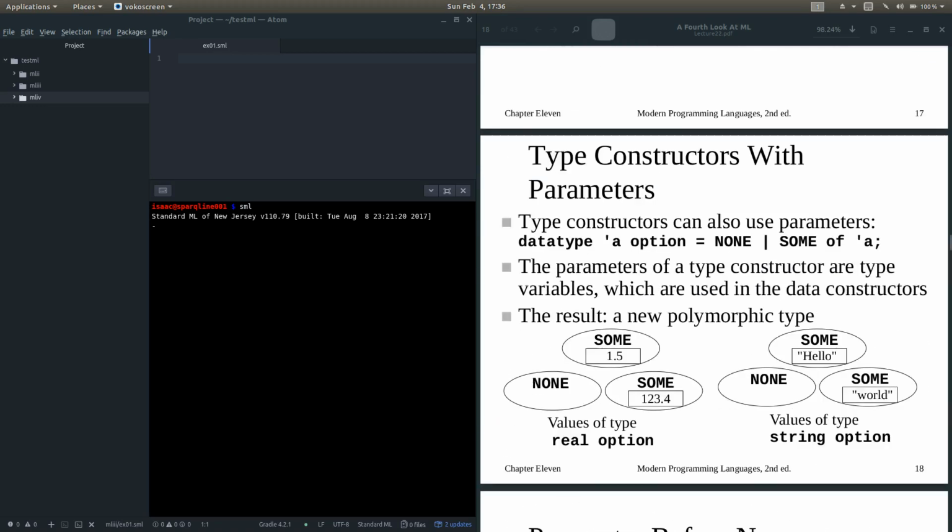So, we already showed some type constructors with parameters. We showed value constructors with parameters before by using the of operator. Now we actually want to talk about how we can have type constructors themselves with parameters, right? So now some type constructors can also use parameters. And so, for example, we can create a data type